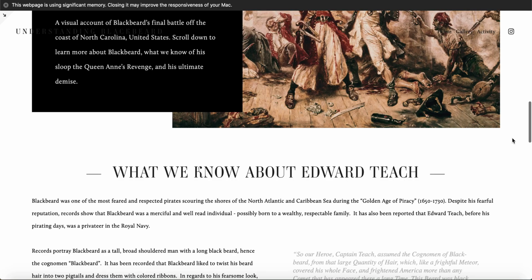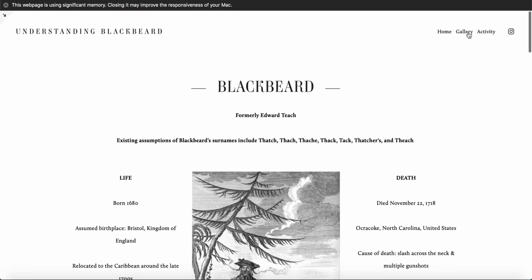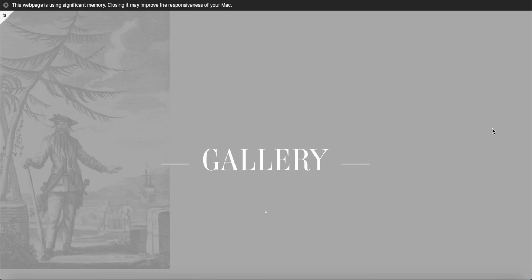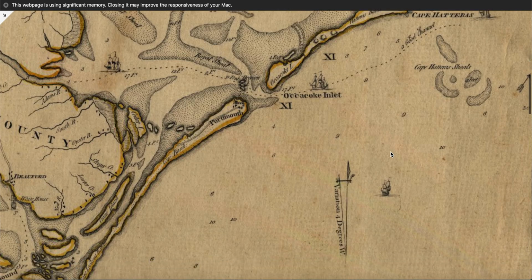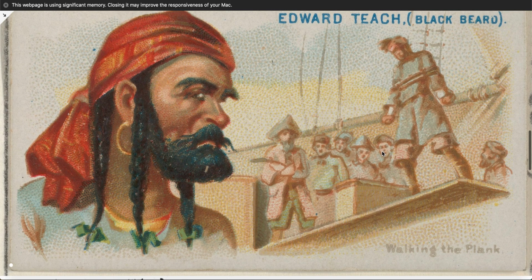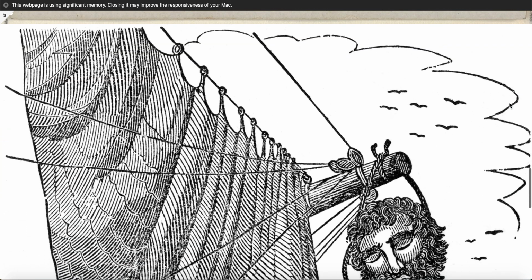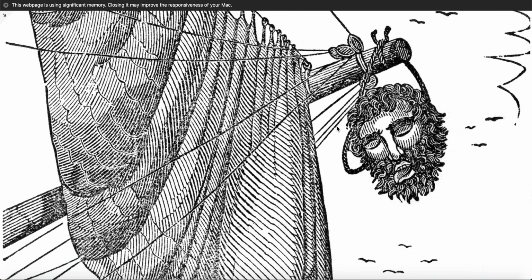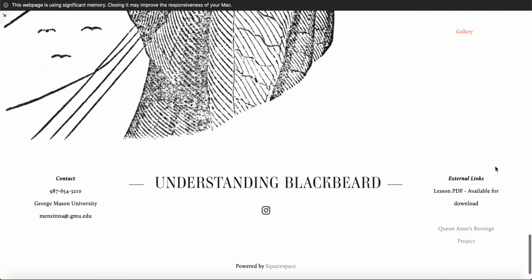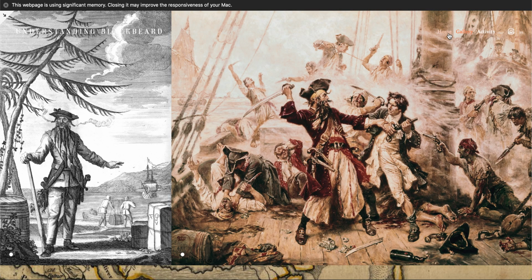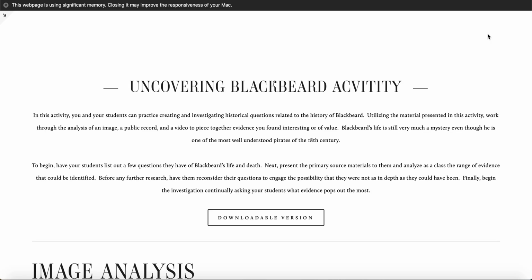And then, if we go up, we can go over to the gallery. And that'll just show you a couple different photos of different things on Blackbeard. Here we have a cigarette card that was actually used to package inside of cigarettes to keep them stable. And then here we can see an image of Blackbeard's head hanging from Lieutenant Maynard's ship after he was killed. Okay. And then if we go back to the activity,